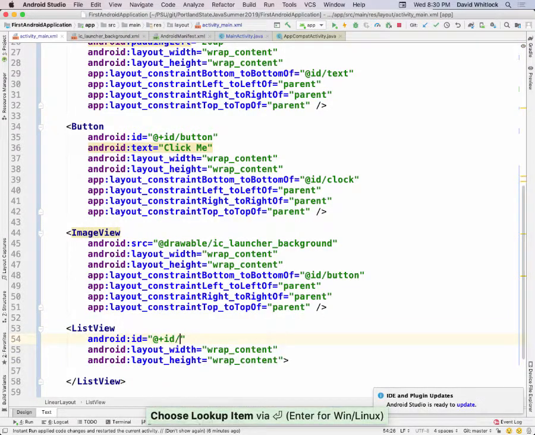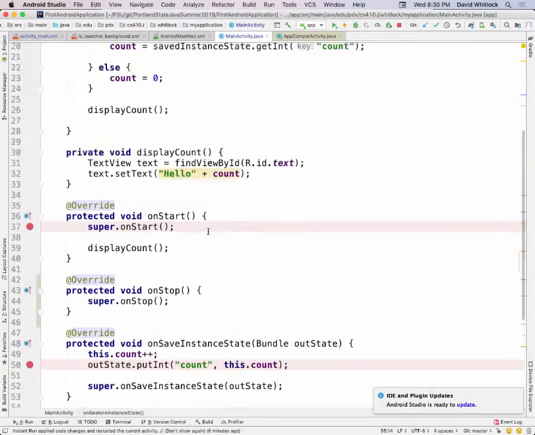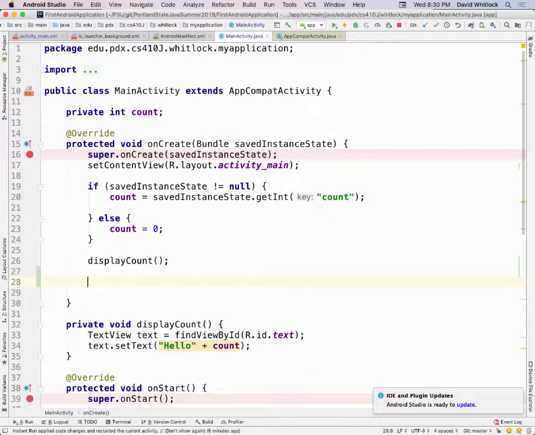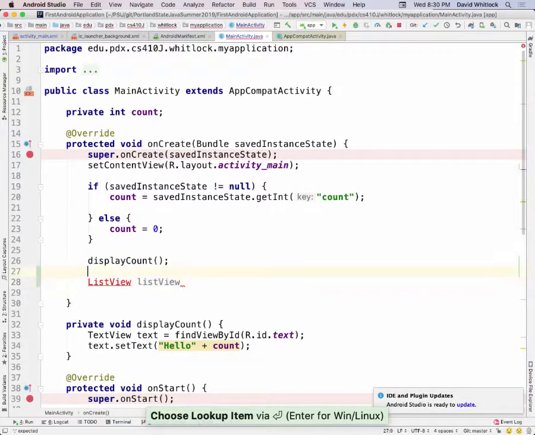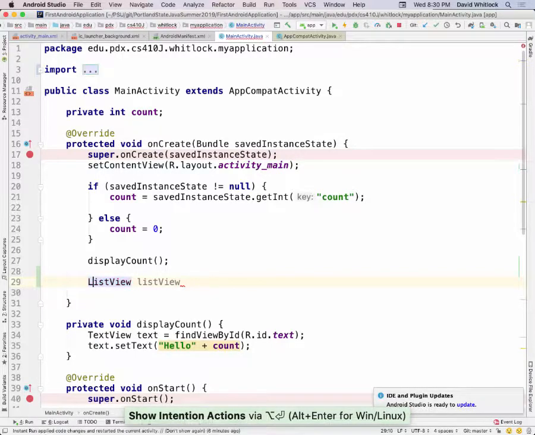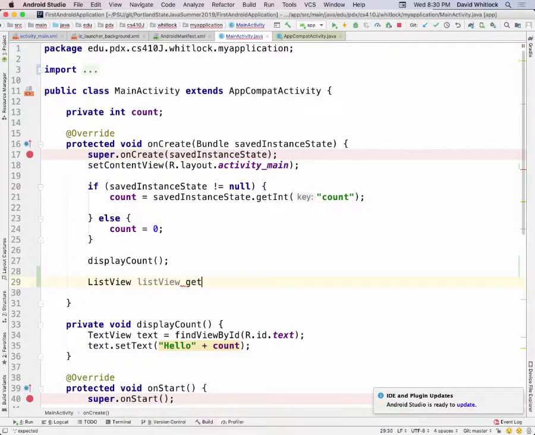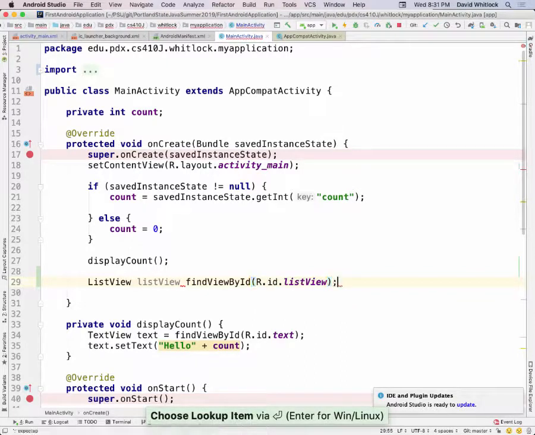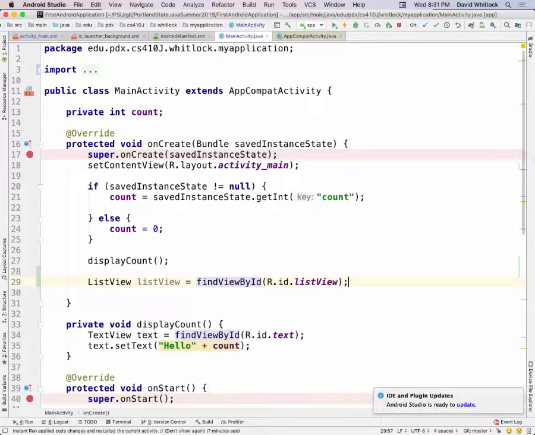Okay, so now we want to be able to populate it, and we'll do that in the activity here. On create, we'll display the count, but then we'll also get the list view, need to import the class, equals find view by ID R.id.list view, equals that. Oh, nice! I don't need to cast it anymore. That's super sweet. I'm going to say list view dot set adapter,